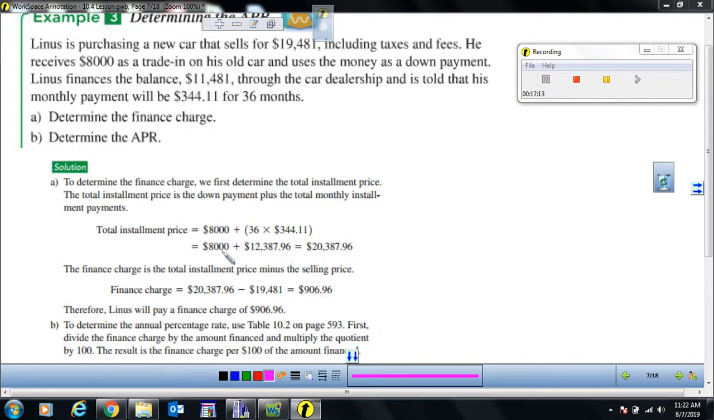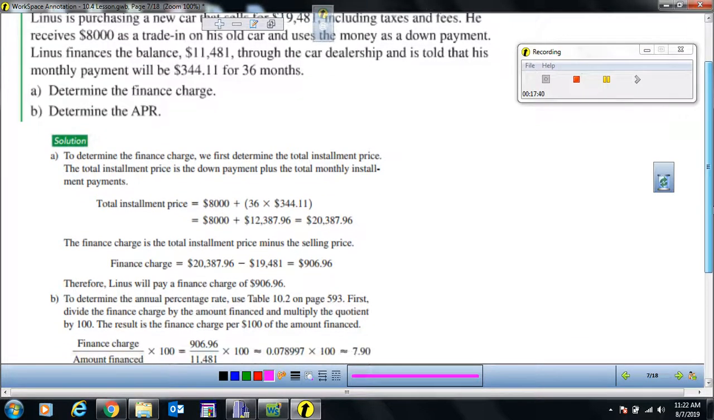So when you add the down payment and the total monthly installment payments, this is the one you get, $20,387 with 96 cents. The finance charge is the total installment price minus the selling price. So you want to know how much extra out of the selling price is what all this finance charge and fees and all this interest is going to be. So you take the total installment price minus the selling price, which was